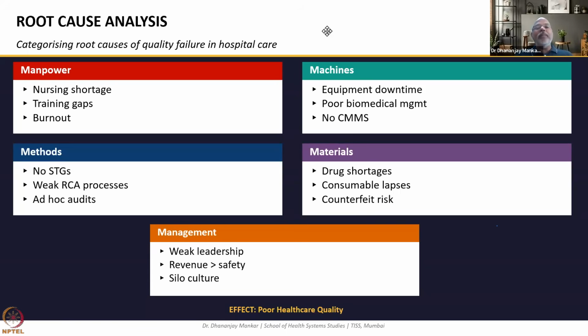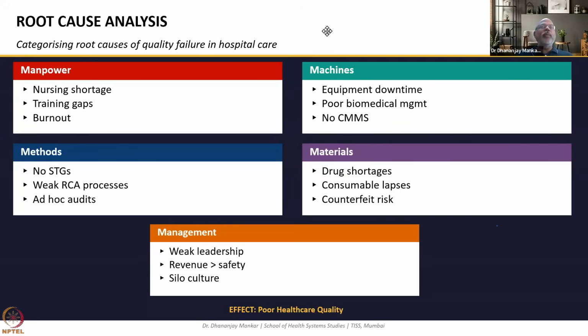And so your quality improvement or quality management cycle, where your quality planning, quality continuous improvement and quality assurance, the trilogy of Juran, will be completed. The second is your machine part, your equipment part, where we find that equipment downtime has to be improved, where your biomedical engineering services, your biomedical management has to be improved. You should not get complaints actually, or you should move more towards maintenance, that it should be done properly. Or you should try to revise what your vendor is really giving you.